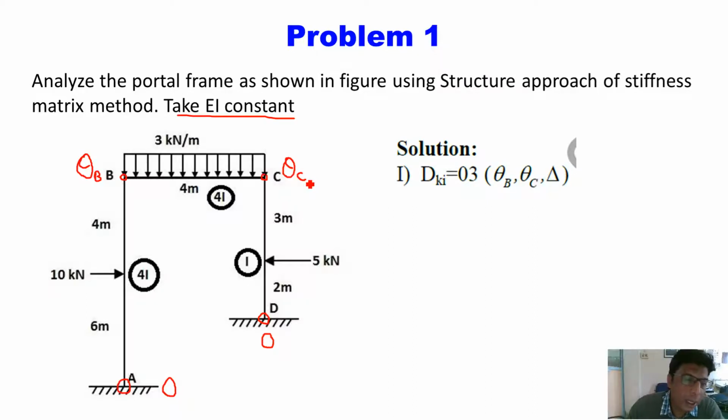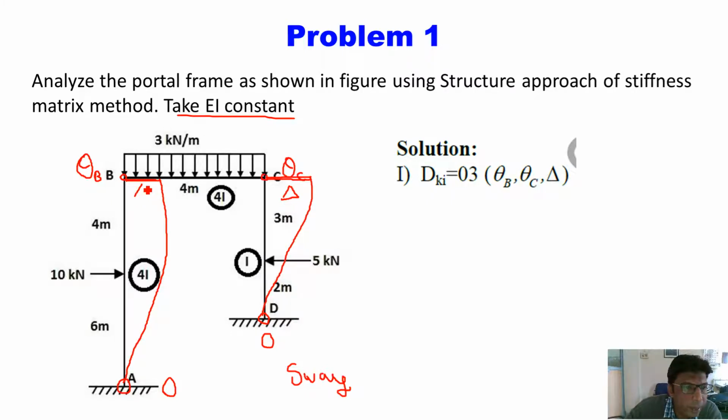Now if you look at the given portal frame, it is a sway frame. Because of unsymmetry in the column height, unsymmetry in the moment of inertia, as well as unsymmetry in the loading condition, the given frame is a sway frame. So if it is a sway frame, it means there is a lateral displacement of the columns. Because of this loading condition, this frame will deflect like this. So this is called the lateral displacement of the column. This lateral displacement is represented by the unknown delta.